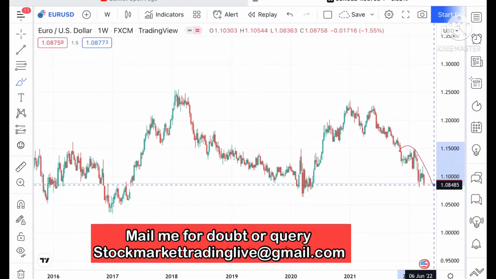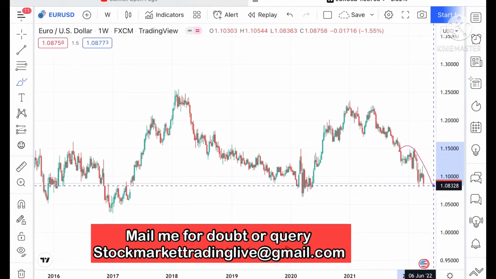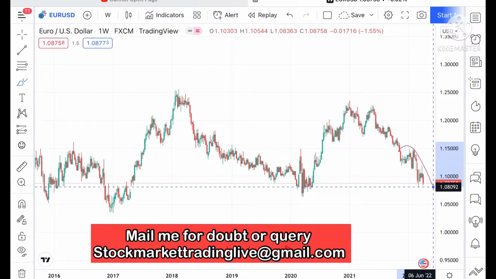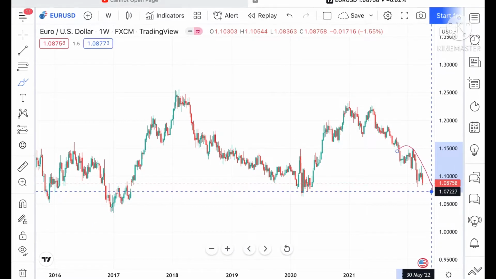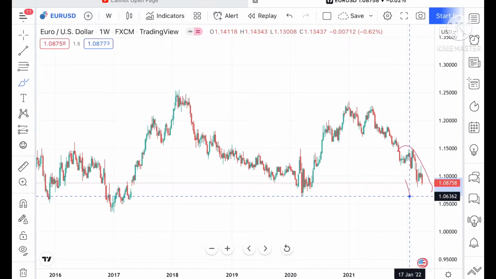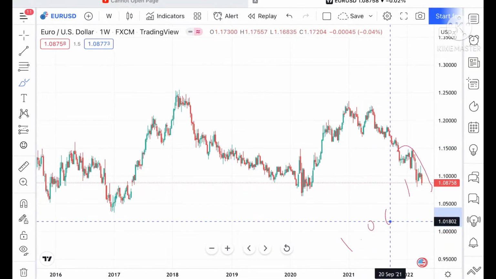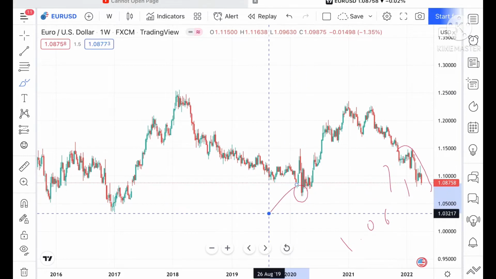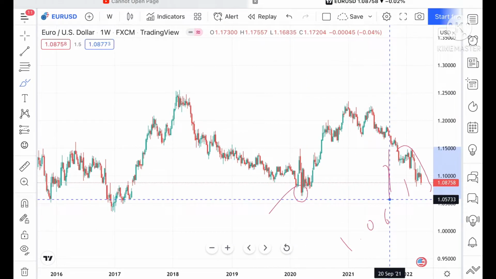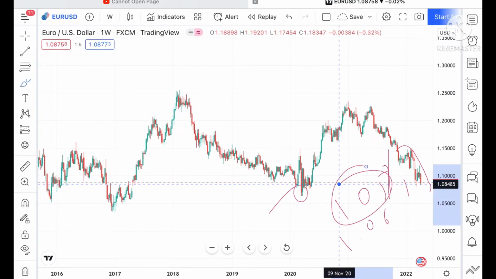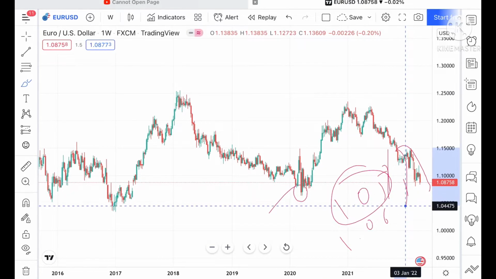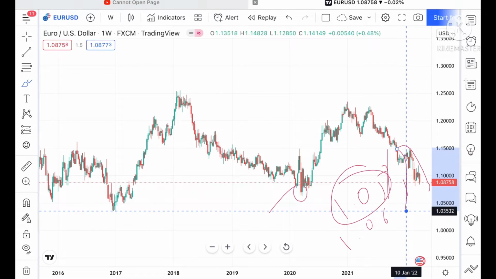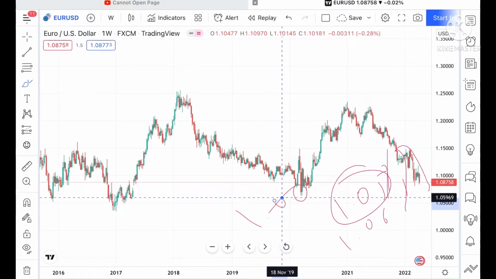But suppose if this particular level didn't sustain in Euro USD, we can see it can touch a level of 1.08290 and from there we can see a level of 1.07227. Suppose if the price didn't sustain this level also, then we can see it can touch a level of 1.06. Okay, and from these levels already being tested here, the probability will be high, we can see it can move further low towards a level of 1.05 and then a level of 1.04516 and from there we can see it can move further low towards a level of 1.03. Okay, and it can go further low.